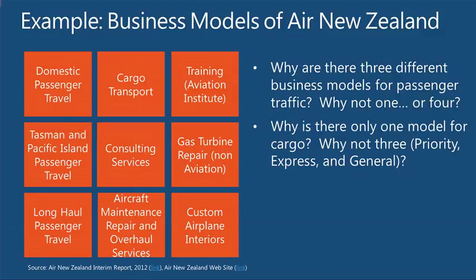So it's the combination that makes it unique. It's not just the value proposition, not just the products, not just the segments, it's the combination of them that makes it unique. That's what drives the distinction. So if you have to ask yourself, how many business models do you have, you can't just look at one thing. You have to look at the grouping of them and say, is this different enough? And some of it is kind of analysis, and some of it is kind of guesswork. I'm not going to pretend this is all science. Some of it's art.